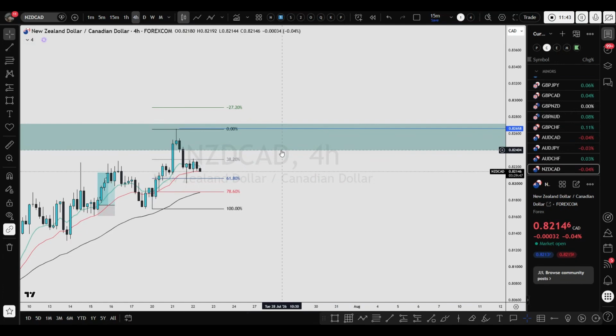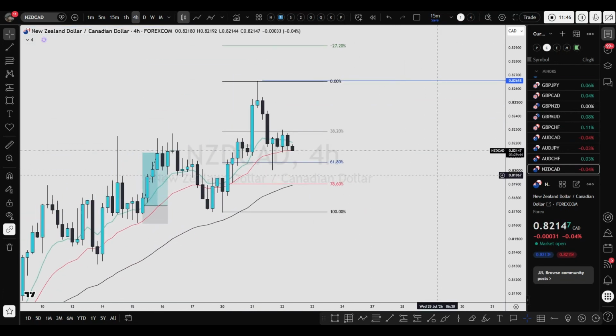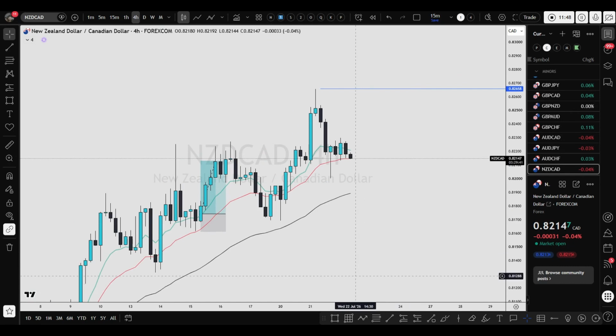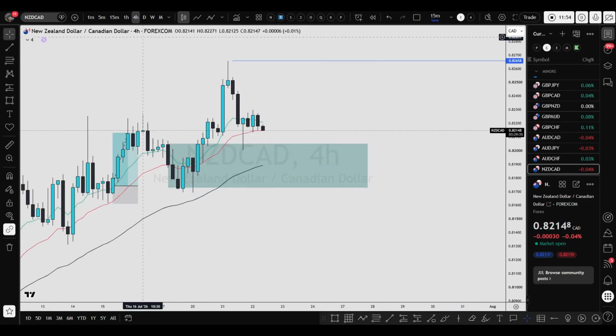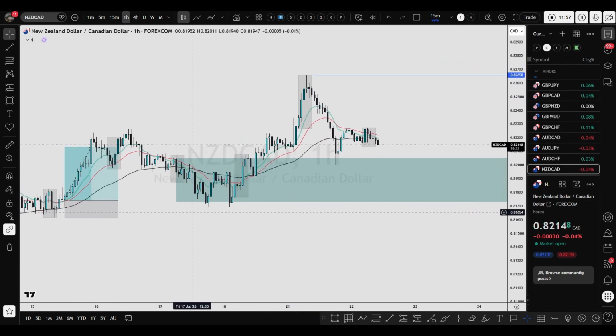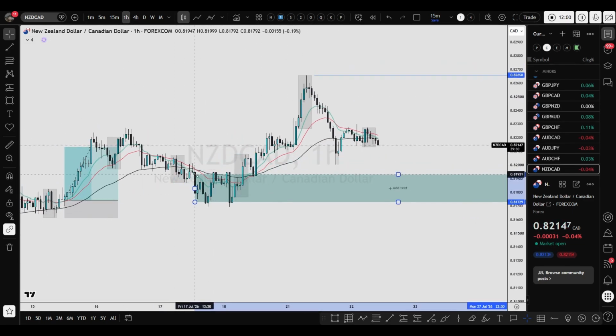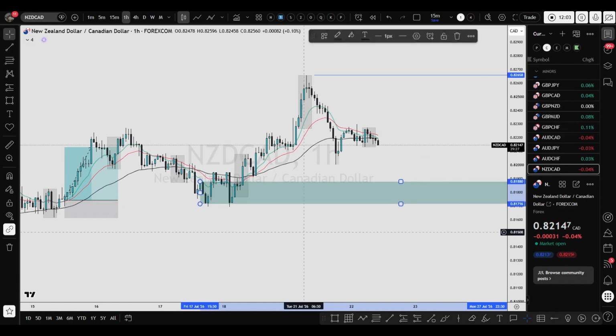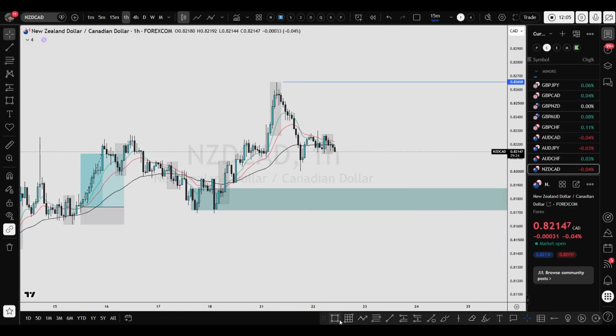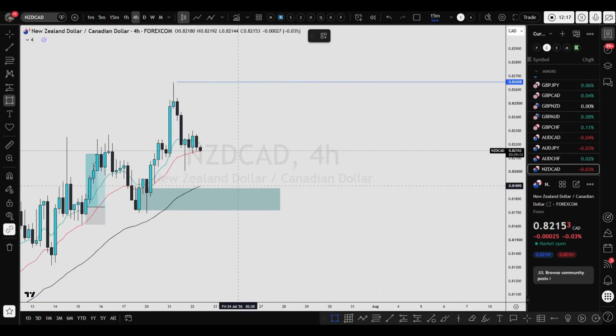Let's see if I can find any good longing opportunity over here. Just remove it. I'm going to randomly place my zone, and then I'm going to refine it with the last series of candle closures. I can go with this, but it's too tiny and towards the downside. Yeah, this is actually the valid zone in terms of closing, but I don't think price is going to drop all the way low at around this level just to start moving upside.